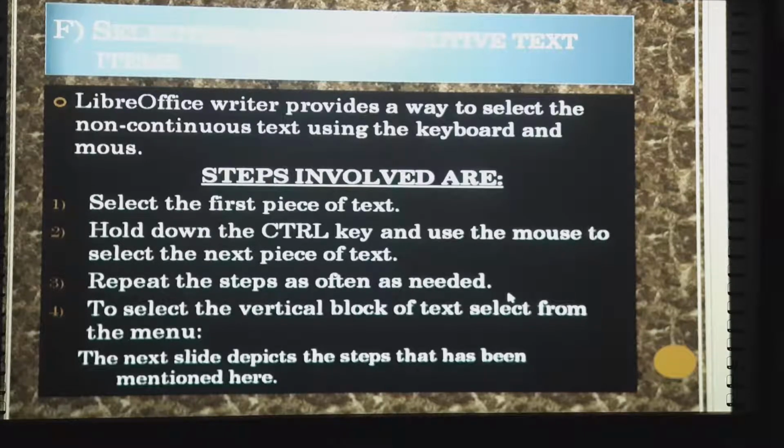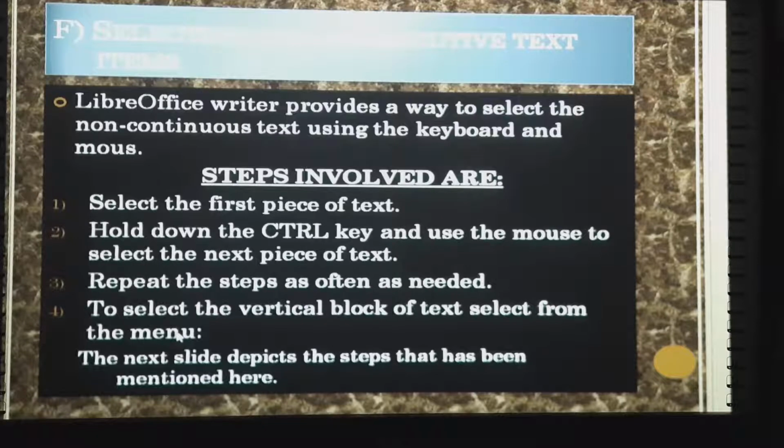Until our selection is over, we need to repeat the steps one by one. Until our task is finished, we need to repeat the steps again and again. And in order to select a vertical block of text, select from the menu. Apart from this, we also need to select a vertical block of text.